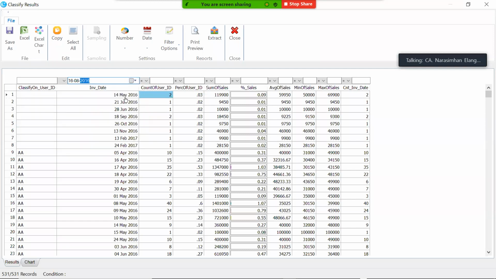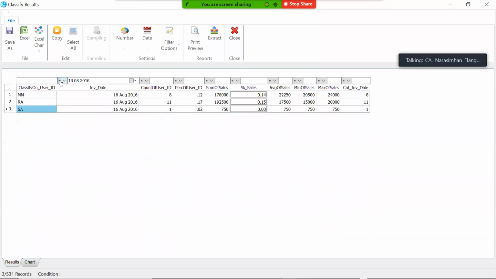So let me choose 16th of August. Sorry, I think I have to choose here is equal to. Can you see? I chose is equal to and I just chose 16th of August or I choose 15th of August. It's so dynamic. As and when I type the date, I am getting the information. I don't want this, just choose a blank here.